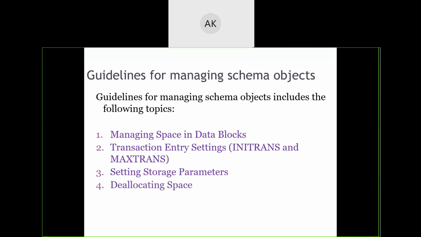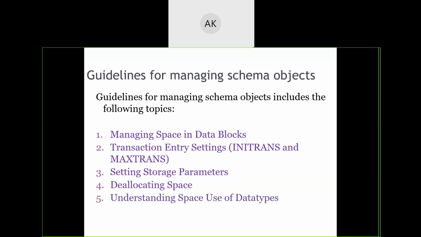Then, if deallocation of unused space is to be done, what pointer is used for differentiating between used space and unused space? We have seen that pointer name. What was that pointer name? High water mark.